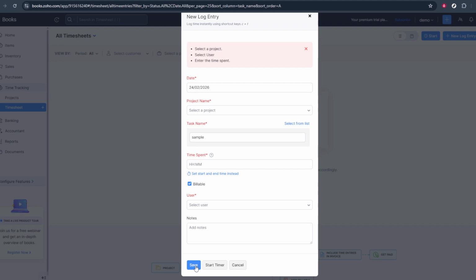As you fill in these details, simply follow the on-screen prompts. Zoho Books will guide you through any required fields, and you may see options to mark the time as billable or non-billable, depending on your setup. Review everything carefully before you save. Once you're